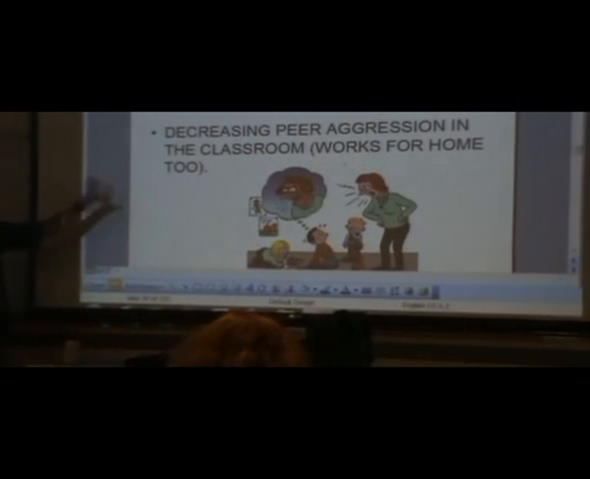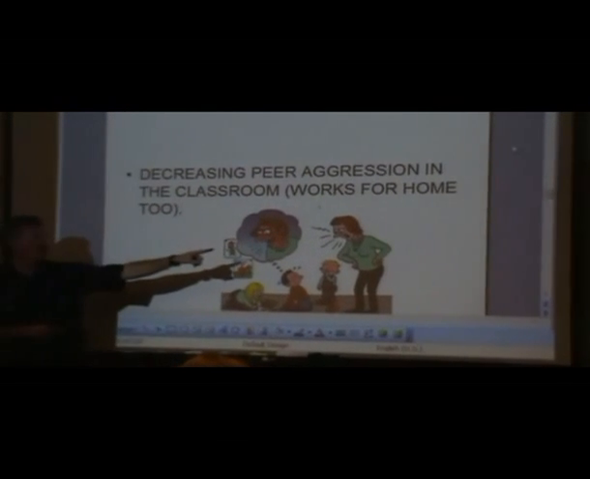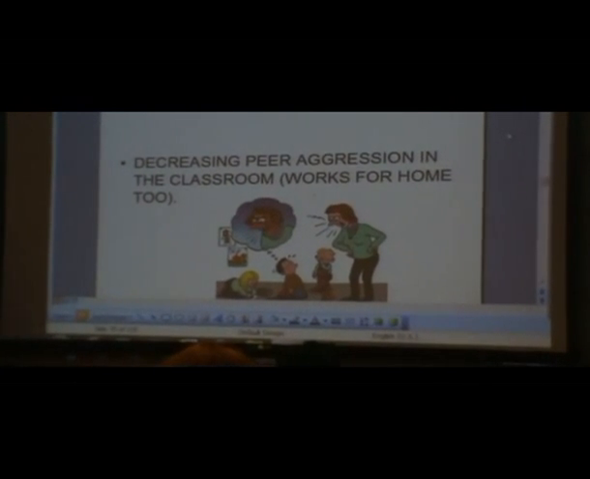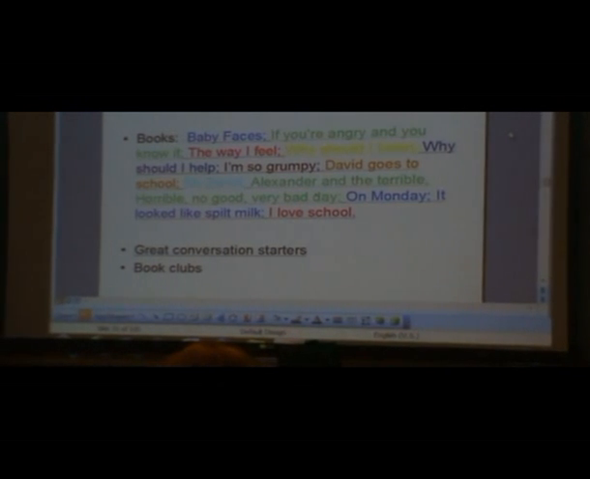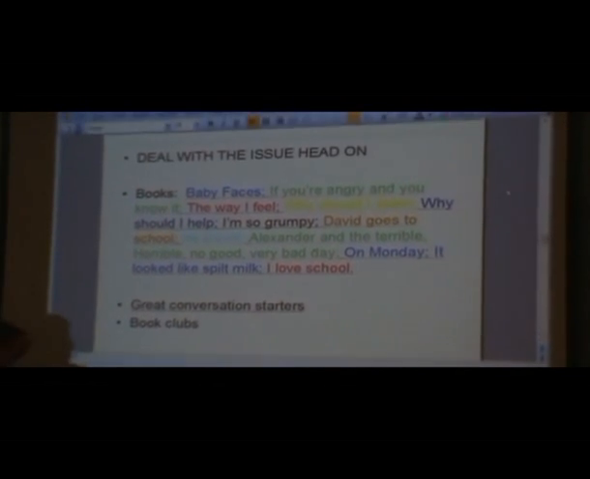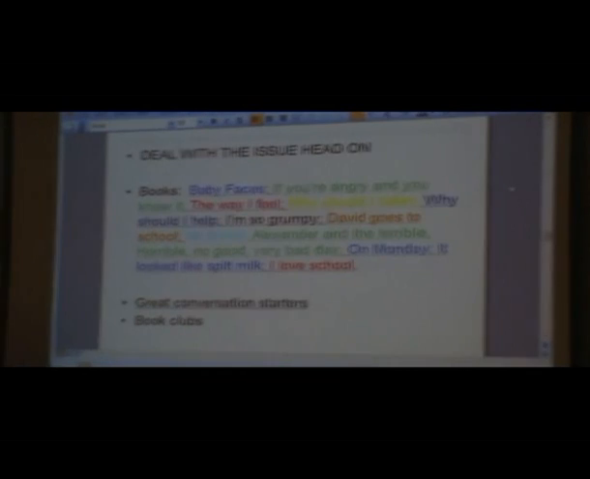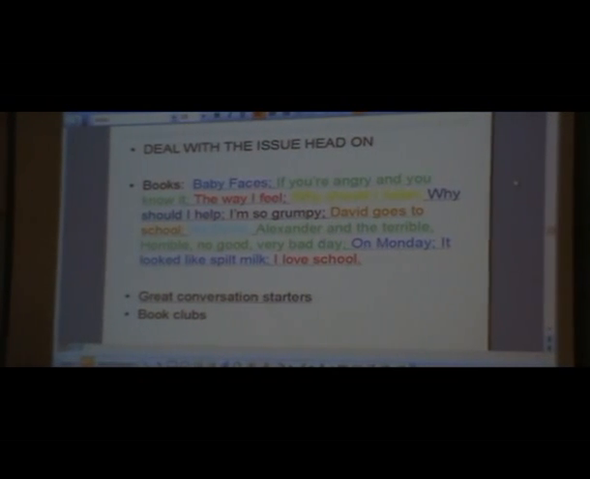Decreasing peer aggression in the classroom works for home too. You're thinking you're like that, but boy, the kids look at you something different. Right? Deal with the issue head on. That's why I've got books that I like to work with. I don't have all the answers, but if I can have a book to start working with that I've got their attention,